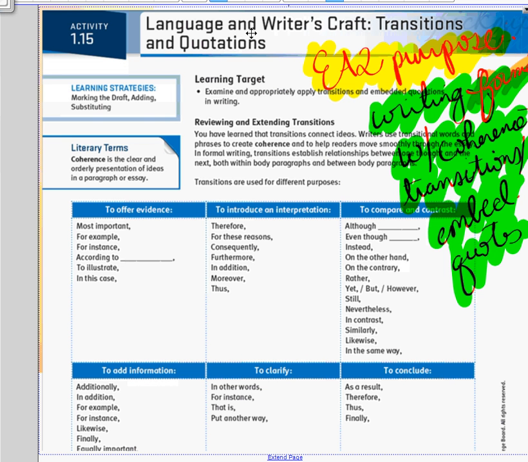That means you're working with some grammar. Okay, now you're not working on how to write a sentence. You're not working on how to capitalize, any of that. You're working to write formally with coherence. That is what the function and the purpose of this particular activity is. So again, you're writing formally, you're writing with coherence. And the way we write with coherence is by adding transitions and embedding quotes.